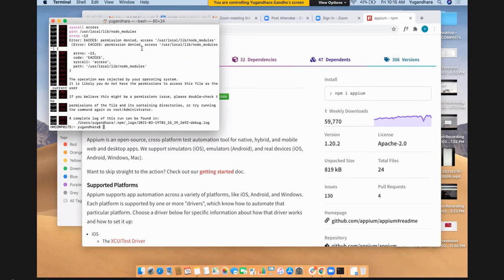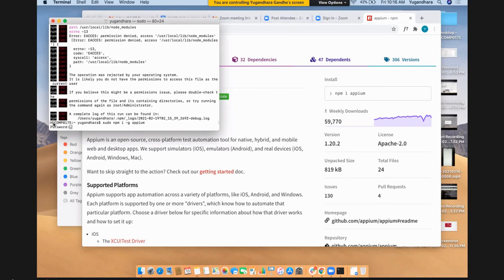Okay, now we have got the error here saying that the permission denied. Okay, so if we get this error, then what we have to do is we have to do this using sudo. Sudo is super user, that is admin user. So it will prompt for password. So please enter password. Okay, so sudo npm space i -g apm and enter. So as soon as I do it, it will prompt for password, right?